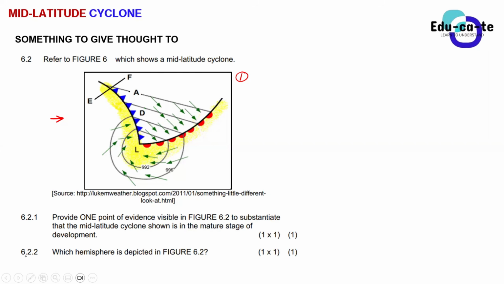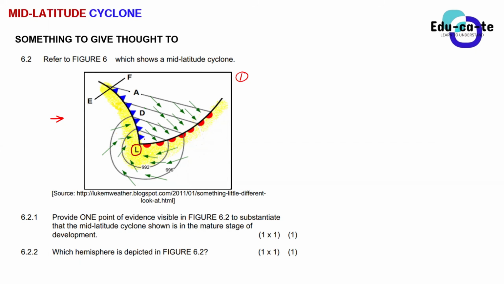Bonola, I saw a hand as well. What do you see, or what can you identify that will tell you that this is a mid-latitude cyclone? I wanted to say the same thing. Yes. And also the other thing, guys, it's a low pressure system. A mid-latitude cyclone is one example of the low pressure systems that we have. It simply means that there is warm air that is rising. So number one, a mid-latitude cyclone is a low pressure system. Number two, a mid-latitude cyclone has got a warm front and a cold front. That is one of the things that you can use to identify it.